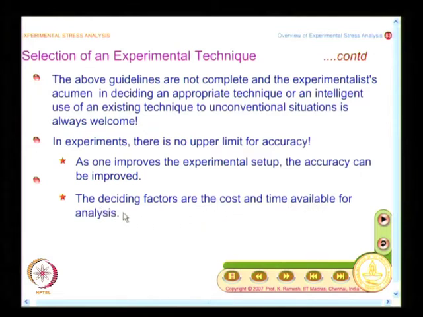So, if a designer wants a quick answer, you could give a number with a certain level of accuracy, and he can always use a factor of safety and carry on with the design. And if he wants a very precise analysis, see, normally when people design, if they want to make a helicopter fly, they will make it fly first, optimization comes later. So, only when they go for optimization, you need refined analysis.